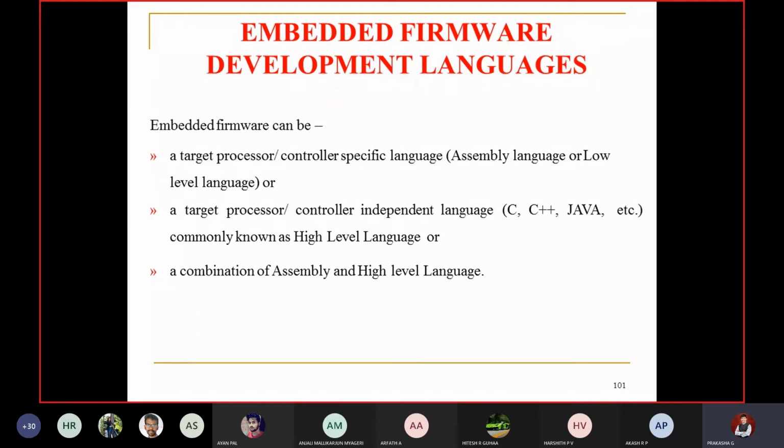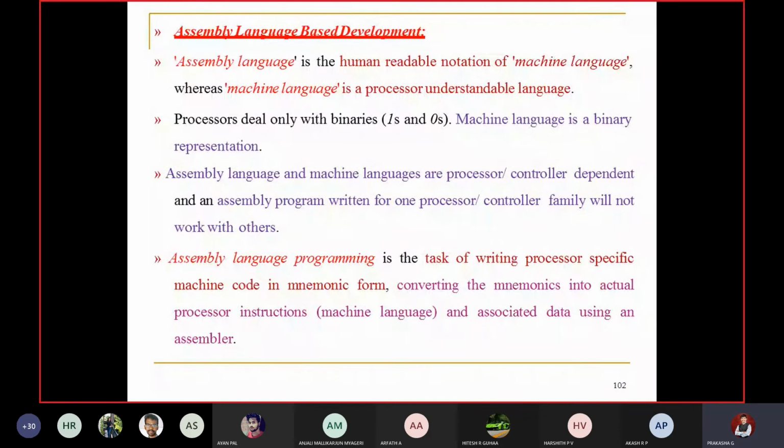Assembly level programming also I can write there. So whenever you are designing an embedded system, either you can select only assembly language as your programming language, or you can select only high level language, or you can select a combination. Now let us go one by one, step by step.